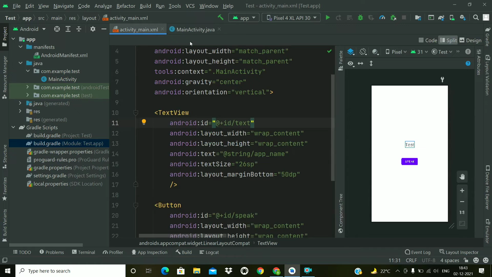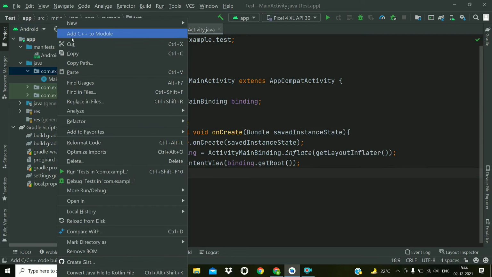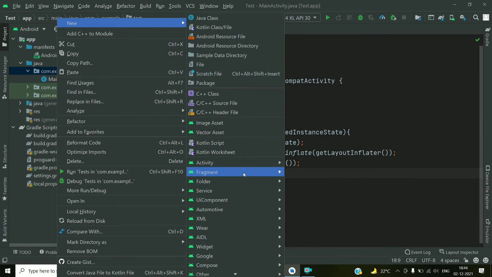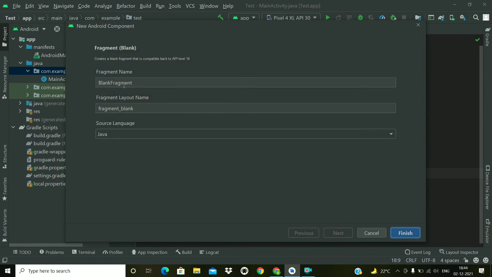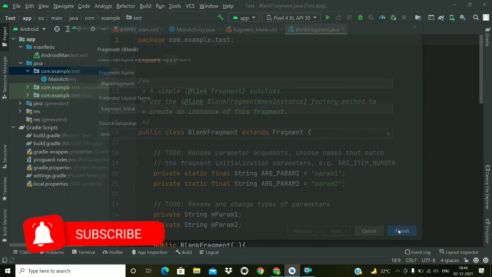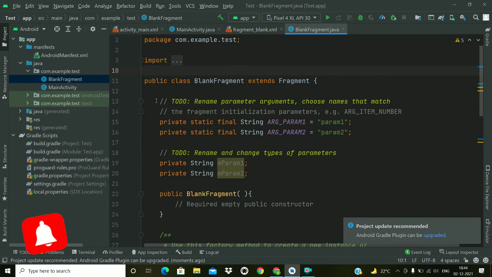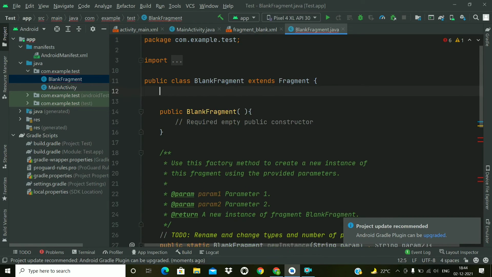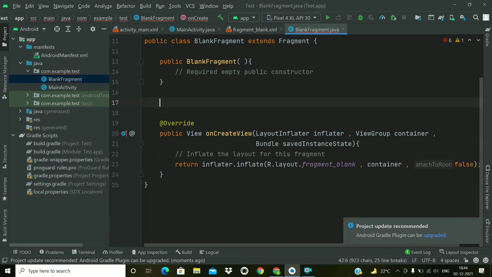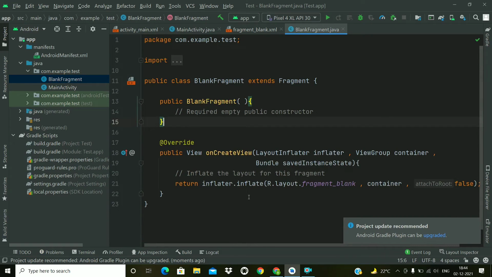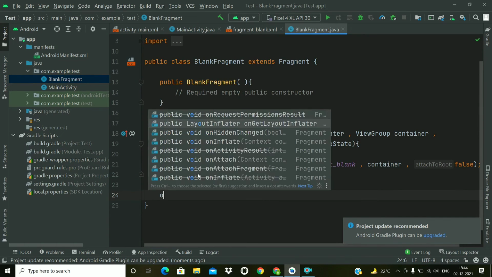Now let's see how we can use view binding in the case of a fragment. First of all, I will add a fragment. I'll choose blank fragment, and leave the defaults as they are. This is just for testing. Now I'll remove this unnecessary code to make it look simpler. Now we will override the onViewCreated method.